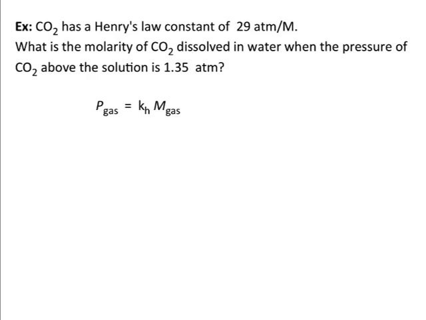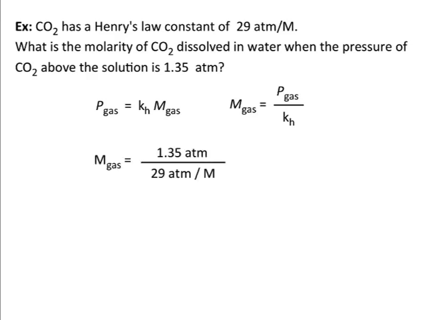First step, find the right equation. Here's the equation for Henry's law. Let's rearrange it for molarity, because that's what we're solving for, and then plug some numbers in. The molarity of the gas is equal to 1.35 atmospheres divided by 29, and you get 0.047. So 47 millimolar, or 0.047 molar carbon dioxide,